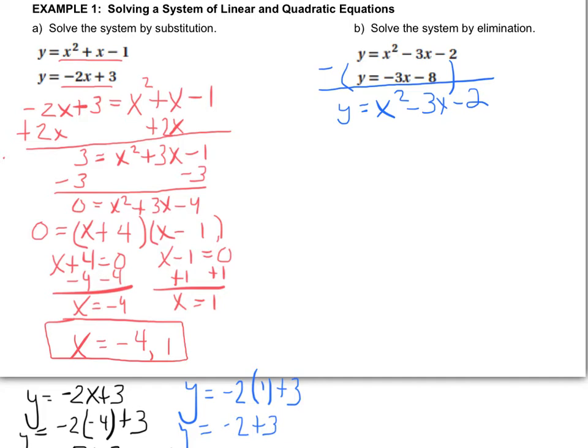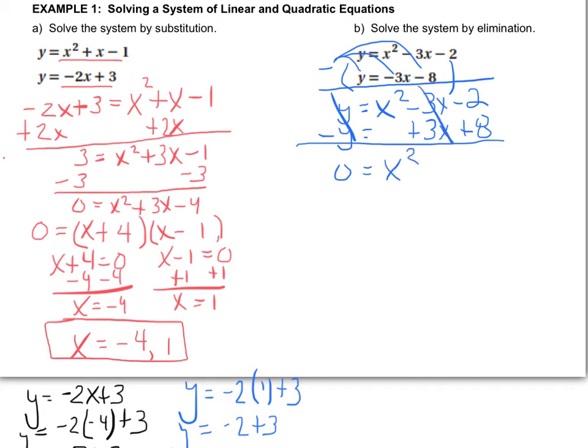but in the second equation, minus y comes from the negative times the y. We're going to get equals negative 3x is a plus 3x, and the negative 8 becomes a positive 8. So all of a sudden we're going to start seeing a few things cancel. We see y minus y equals 0. X squared is going to stay. We see negative 3x plus 3x is going to cancel, and then we're going to have negative 2 and 8